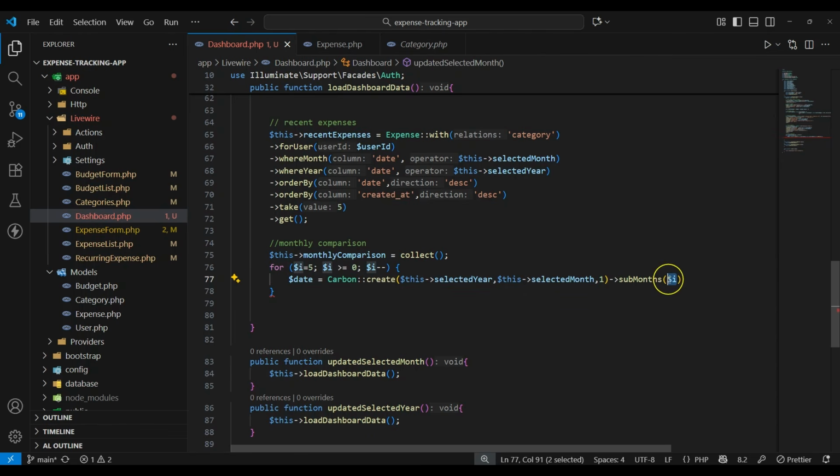So this one will be the instance. Like when it is on the first month, it will sub month for that amount here, okay,